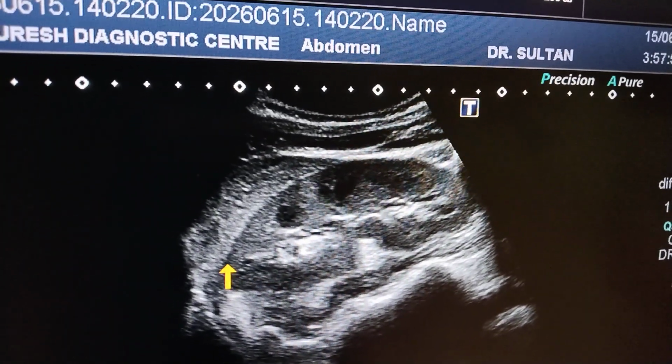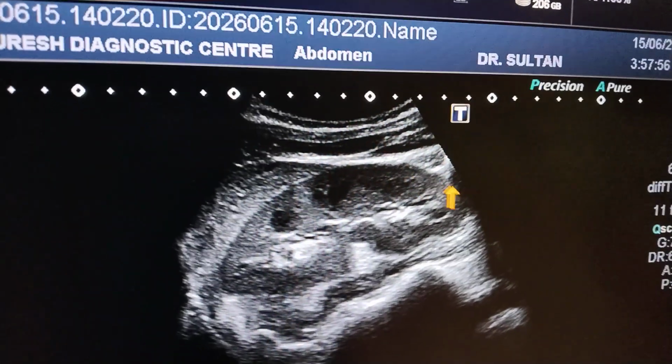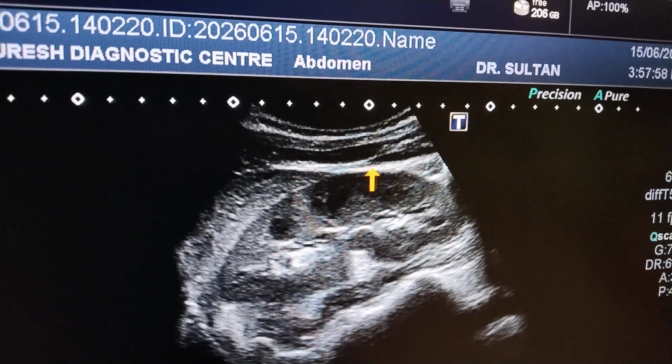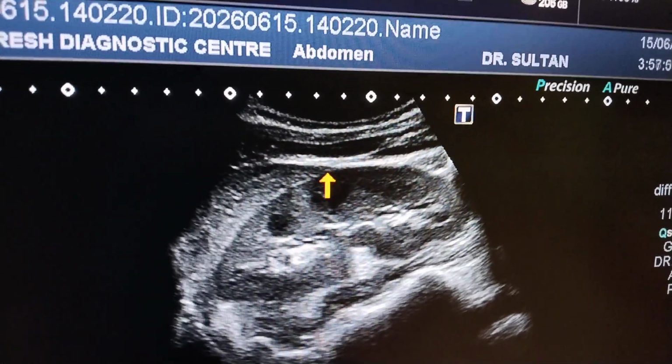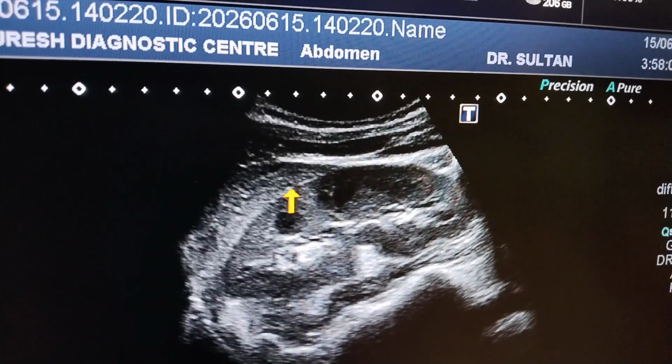Here we can appreciate the right kidney, this whole structure, and this echogenic line, which is all